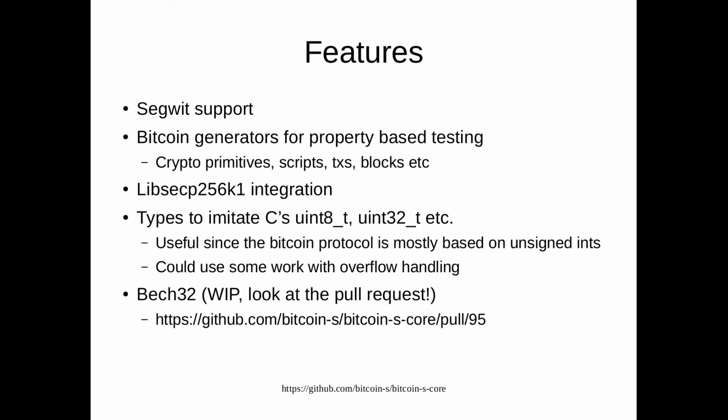So there are different curves you can pick for various use cases in cryptography, and Bitcoin's founder, Satoshi Nakamoto, chose this curve. I think it was a relatively arbitrary choice. I don't know if he had any reasoning behind it or if it was just something he went with. But anyway, libsecp256k1 is a C library that's optimized within an inch of its life to